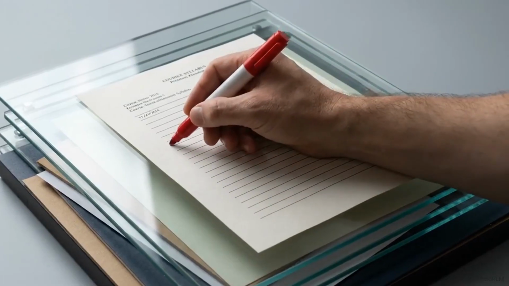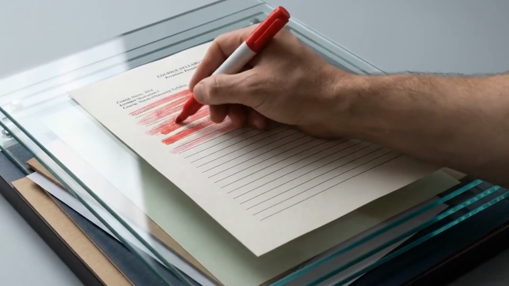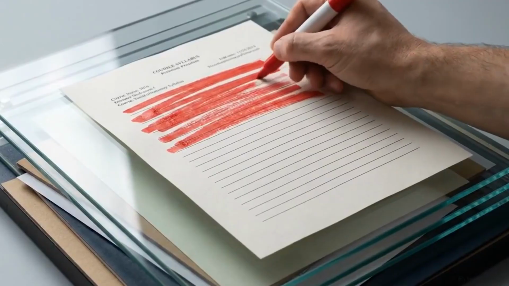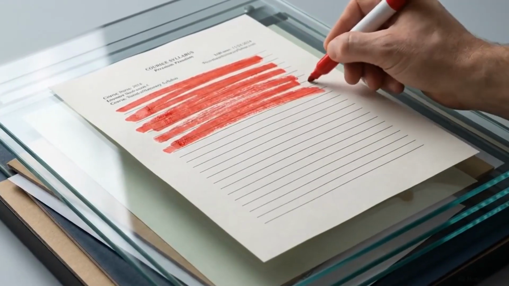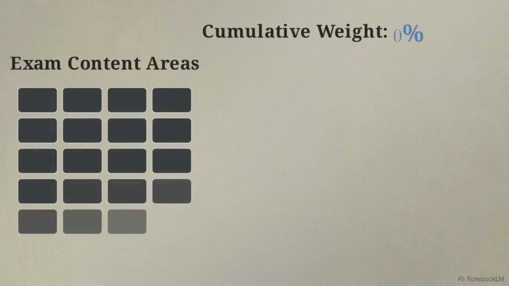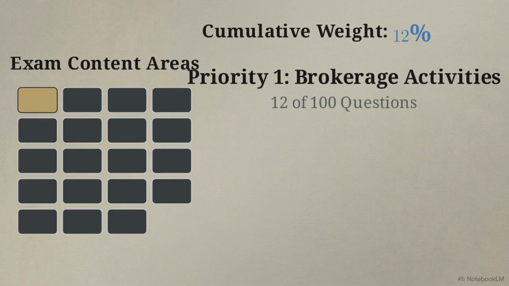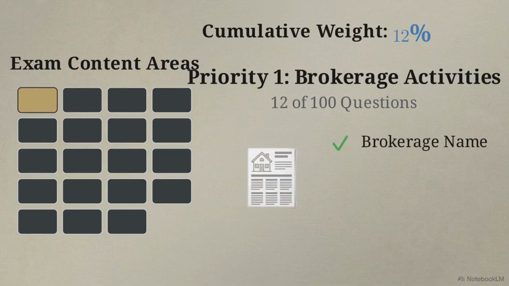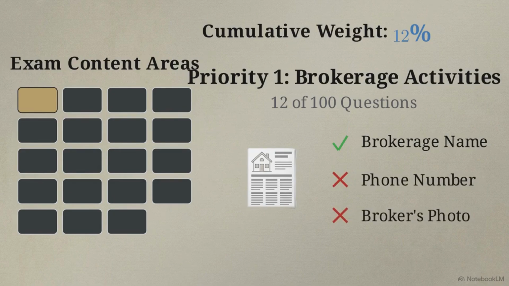By exploiting this mathematical asymmetry right out of the gate, you build a solid, high-yield foundation before you ever get bogged down in the minutia. Looking at the first highlight on our diagram, Priority 1 is brokerage activities, making up roughly 12 of the exam's 100 questions. This covers the rigid rules of operation. For example, all advertising has to display the brokerage name clearly, but it actually doesn't require the broker's phone number